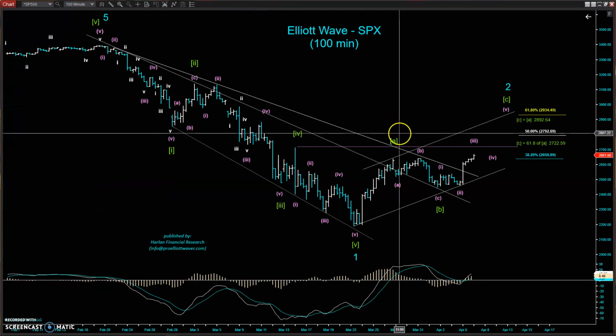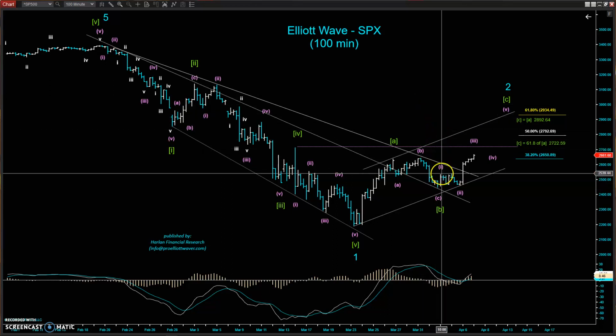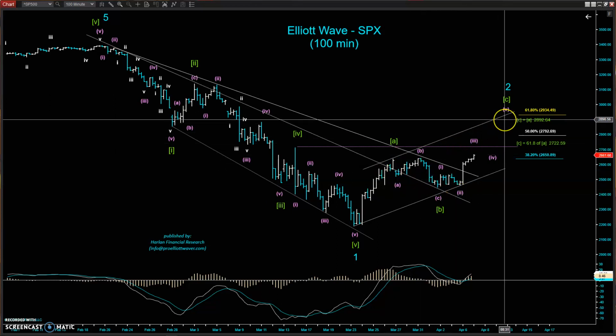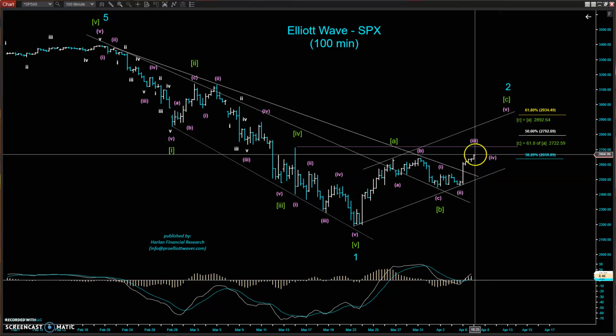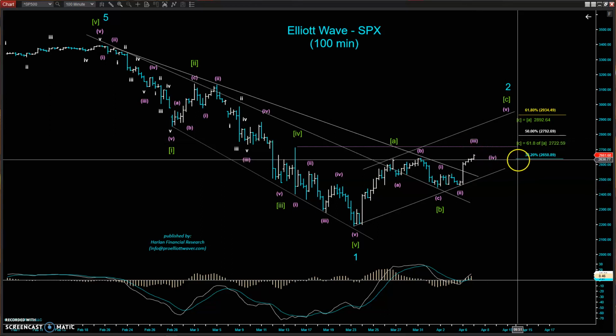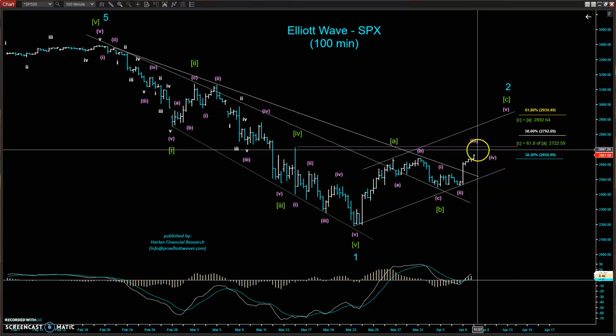We've added some more to this chart, 100-minute chart, and this is the cash market also. And it shows the 1 and the 2, our trend lines, our channel lines. Also, wave 3, what we're in right now, and these are all the targets that we're watching. We hit the 38.2% retracement, Fibonacci retracement last week, and that's been exceeded today as our wave 3 up continues